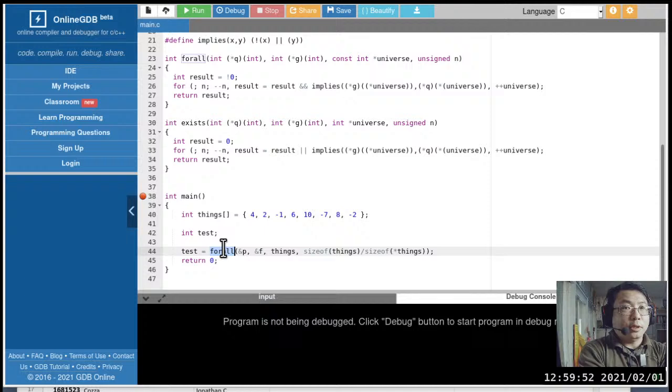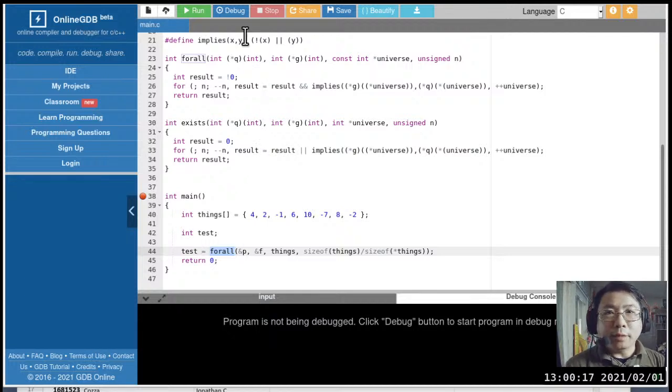In other words, if we only look at the non-negative values in this universe, are they all even? That's basically what we are asking. And the answer is yes, they should be all even. So when we test run this program, the variable test should get a non-zero value.